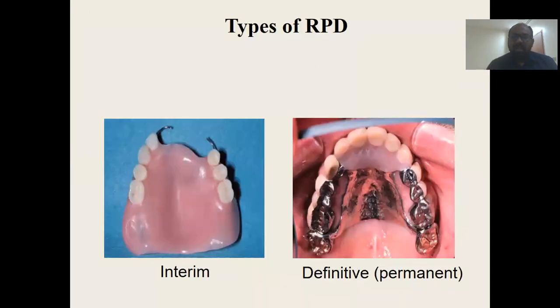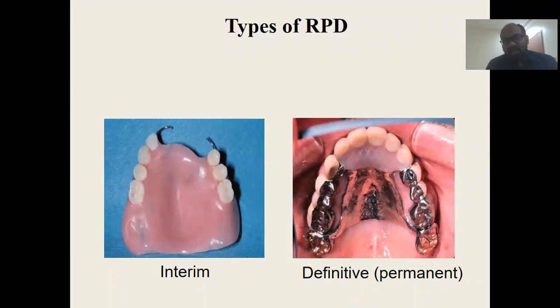fabrication of the prosthesis. So if you see partial dentures, in broad terms, you could say they could be of an interim nature and a definitive or permanent type. In interim partial dentures, we have another name: we call them gum strippers, because we fabricate them for the use of the patient for a limited period of time, until a more definitive treatment option, until you fabricate a more definitive prosthesis. So in the meantime you fabricate an interim.